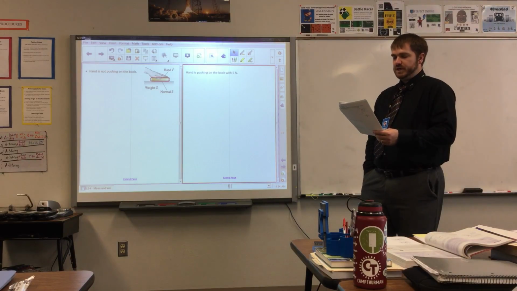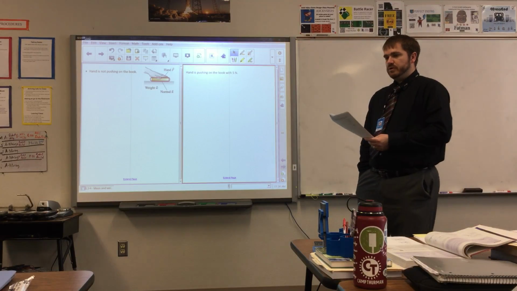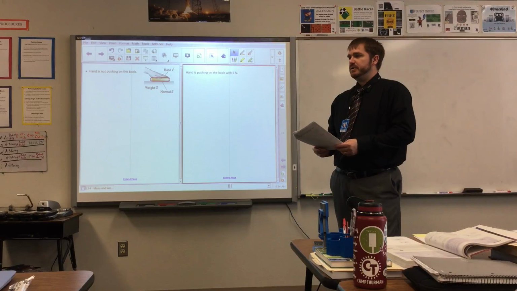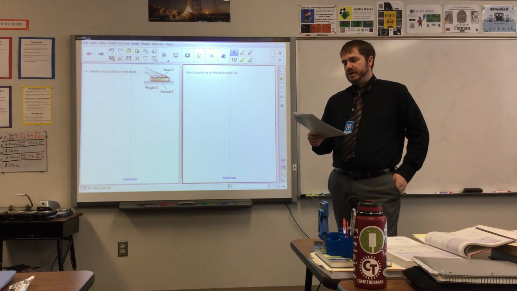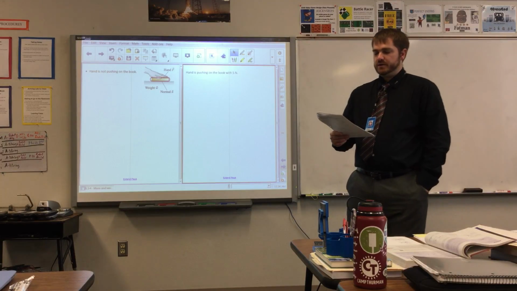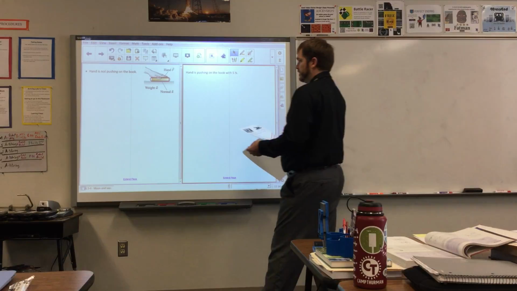So here we go. Suppose you have a hand pushing down on a book on a table. Or you can push down on your book, or on your MacBook, or on your binder, or on your paper. For each of these cases, and we're just going to do a few of them, draw the free body diagram with the accurate relative vector magnitude, write Newton's second law, and solve for N.